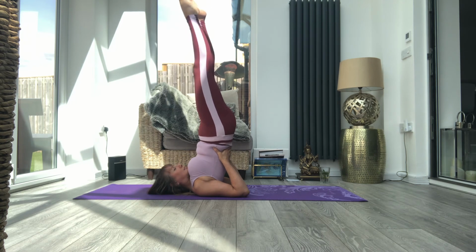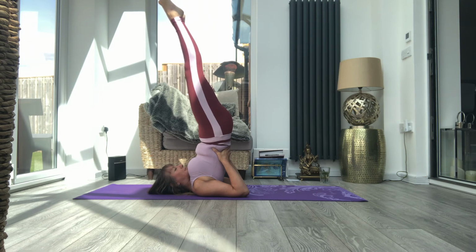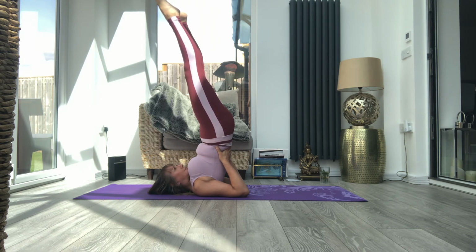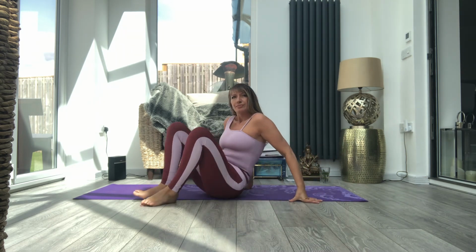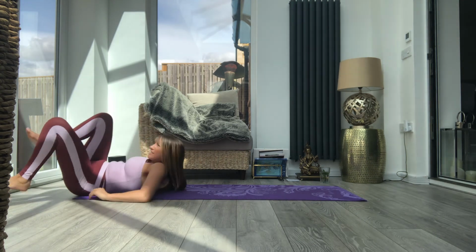And then we're going to lift the legs, straighten the legs, and put one leg up in the air at a time into shoulder stand, Salamba Sarvangasana. If that doesn't feel comfortable to go into shoulder stand, you can just put your feet against the wall